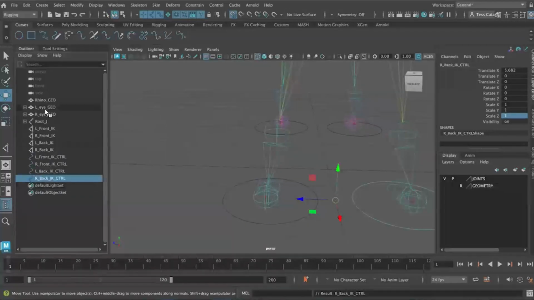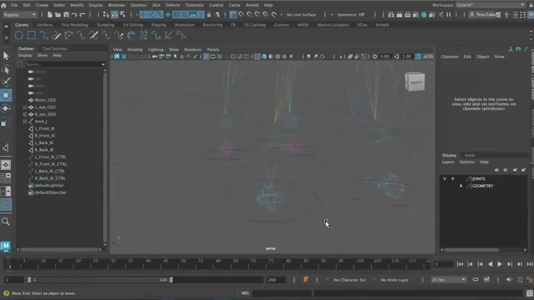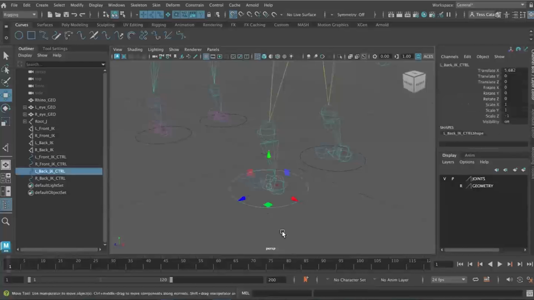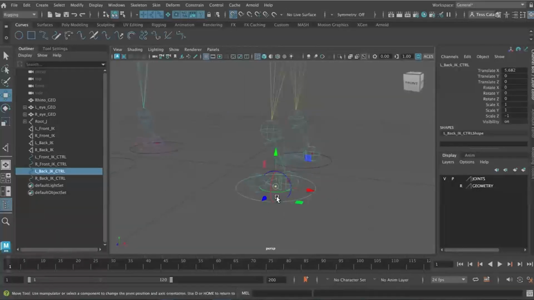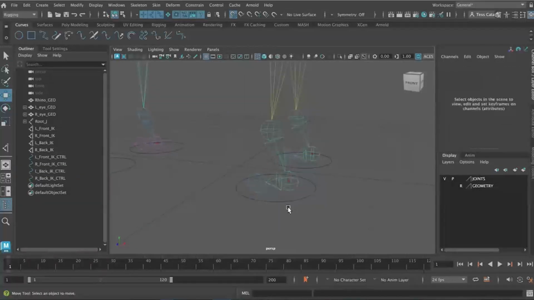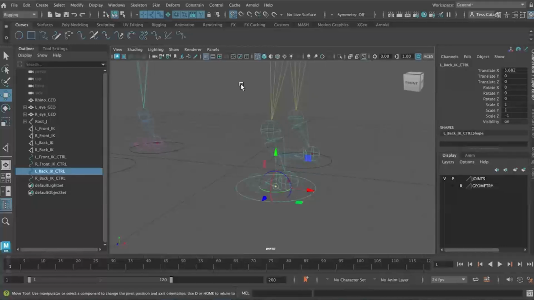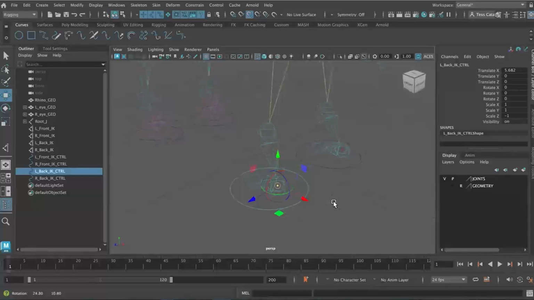Okay. So now I have my IKs and I have the controls, and nothing's been done with them to have them actually manipulate the IKs, but we'll get to that. So the last thing I want to do now is here, hit D again. One thing I wanted, oh yeah, let's do that first. Here, hit D again, snap to point, and let's move that pivot right there,